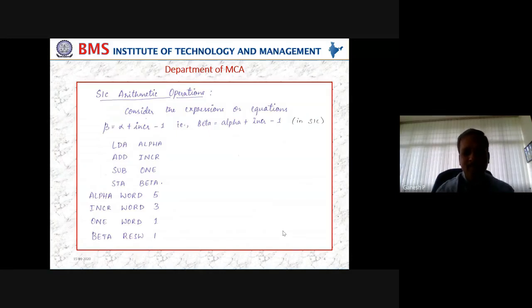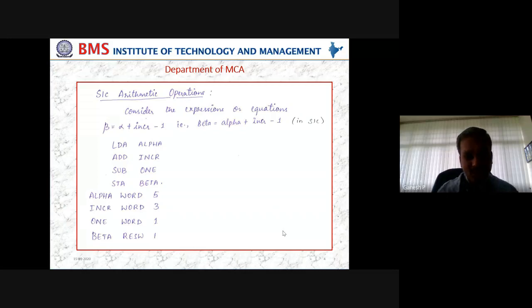Because we know that before doing any operation, maybe data transfer, maybe arithmetic, the data should be in the accumulator. Because with the arithmetic operation, one of the operands must be from the accumulator. So we are loading accumulator with one of the operands. In our case, it is alpha. If you want, you can take INCR also.